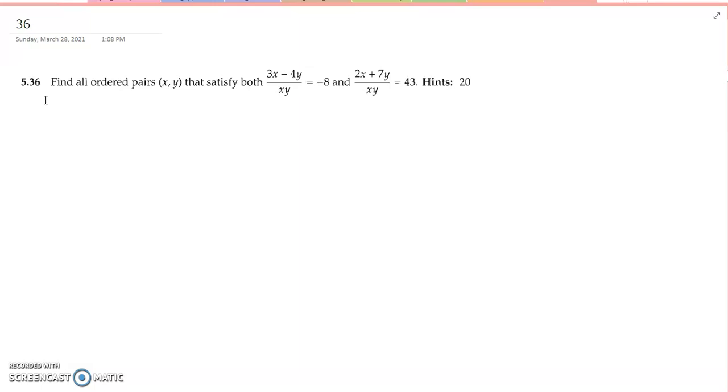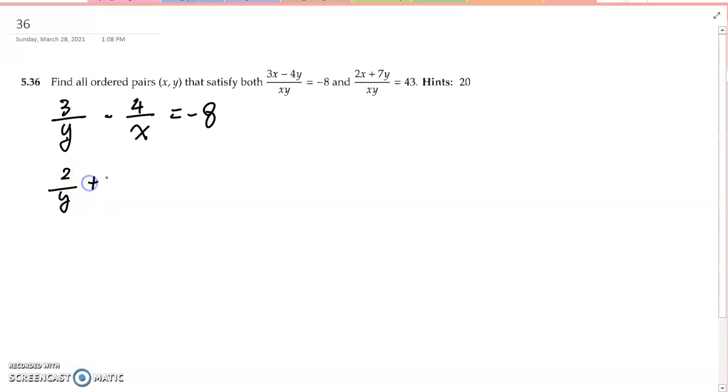Good. Let's keep on with problem 36 to maybe problem 38 or 39. We want to find the ordered pair (x, y) that satisfies this equation. Okay, now let's do it. If you are familiar with this one, we can see it's 3 over y minus 4 over x equals negative 8, and 2 over y plus 7 over x equals